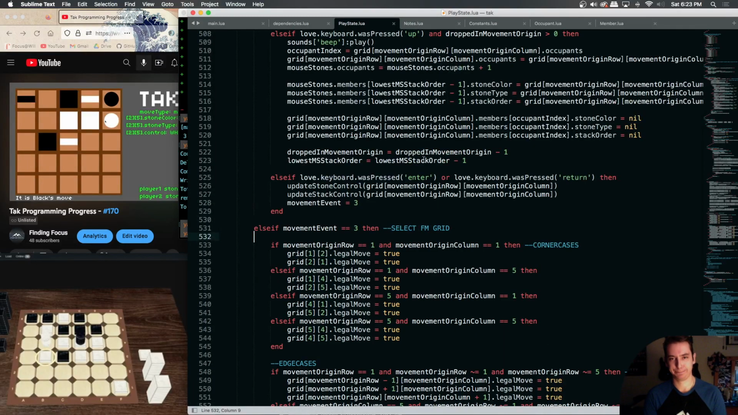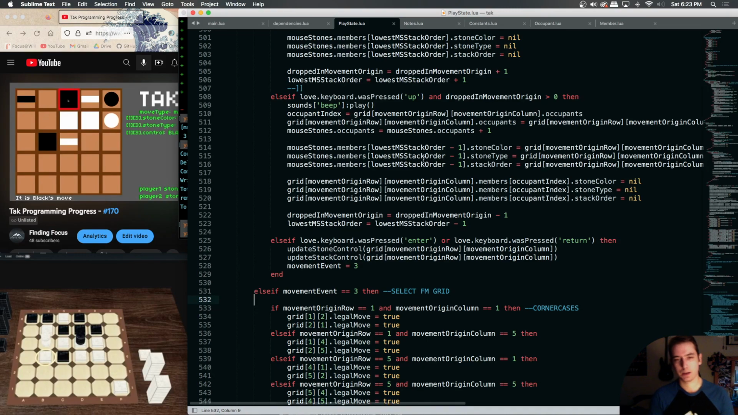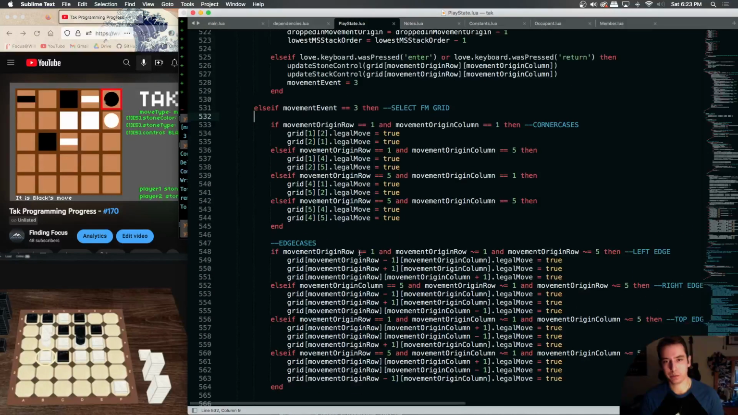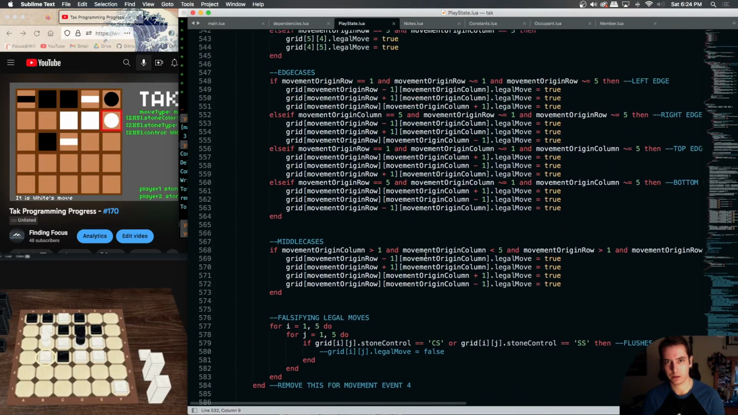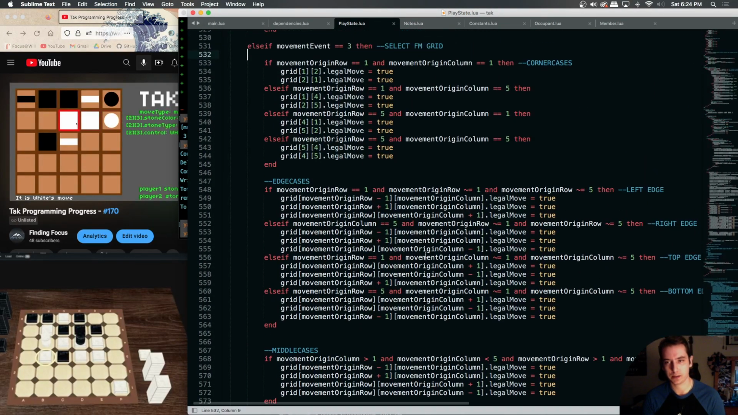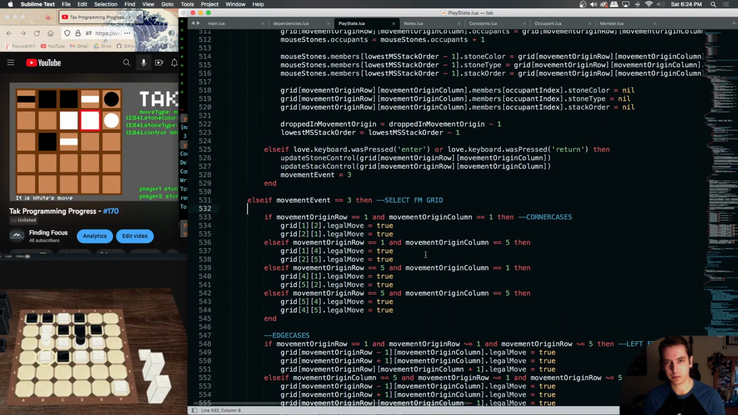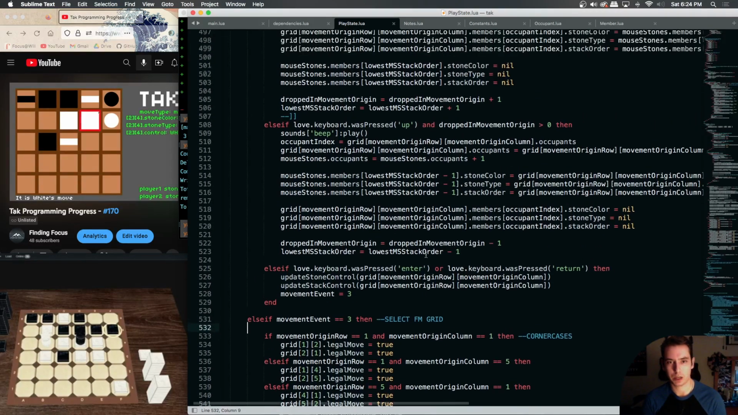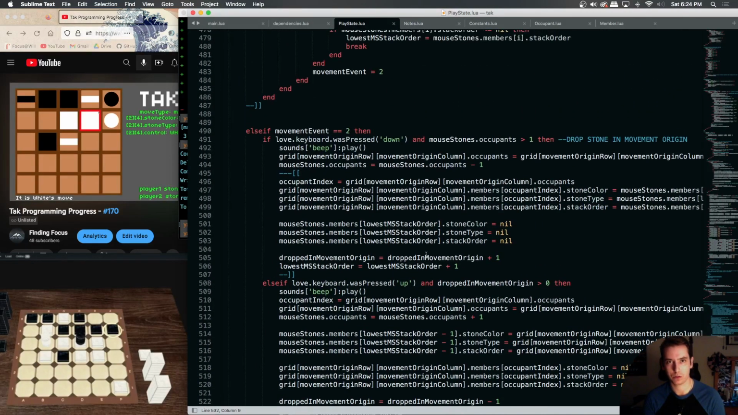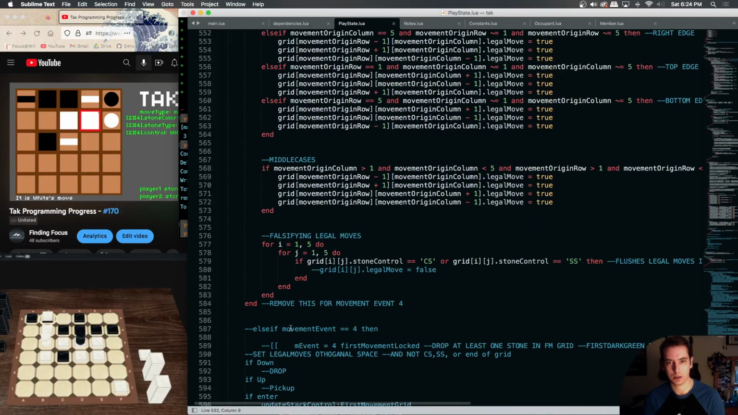Where do we start? We're populating our legal moves, and then we're falsifying them if they're a capstone or standing stone. Now our movement origin stays rendered as a bright green, but what we do need to do is flush the highlight of any move if our mouse is not over that position. So on a movement event 3 here,